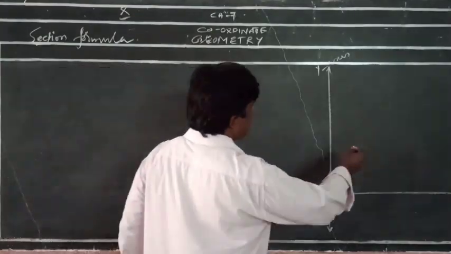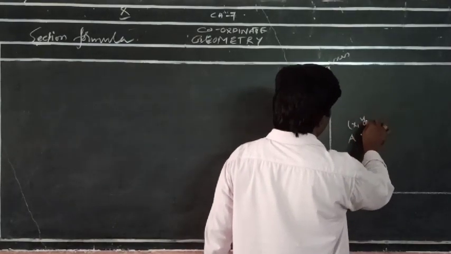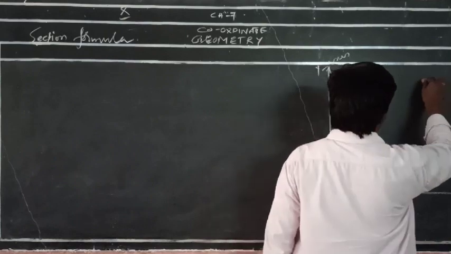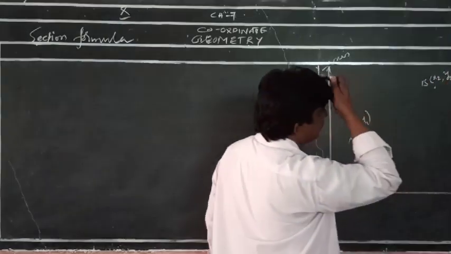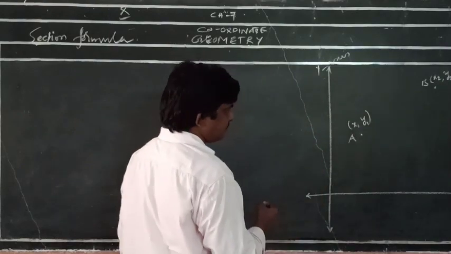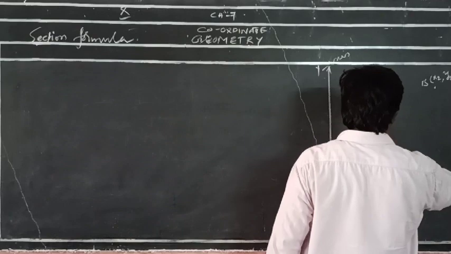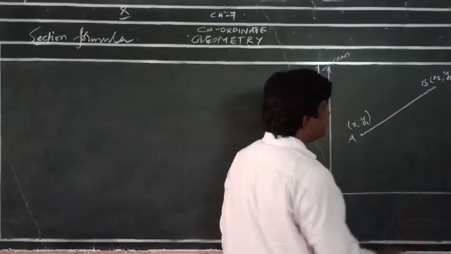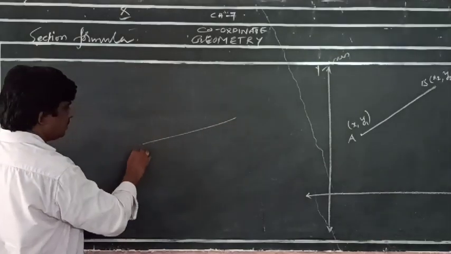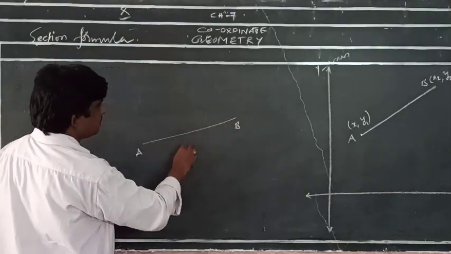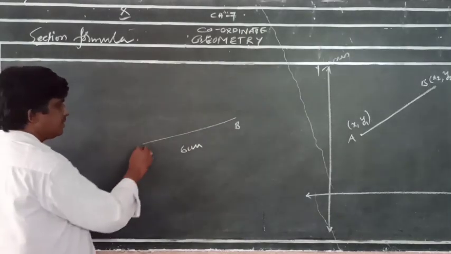Suppose this is one point, let it be A, that is (x1, y1), and there is another point B, (x2, y2). So these are the 2 points. That means they maintain some distance. Suppose there is a line of measure 6 centimeters, and there exists